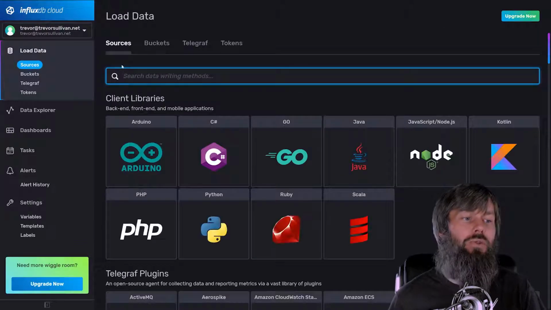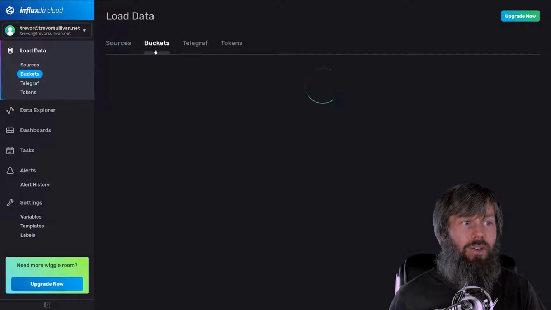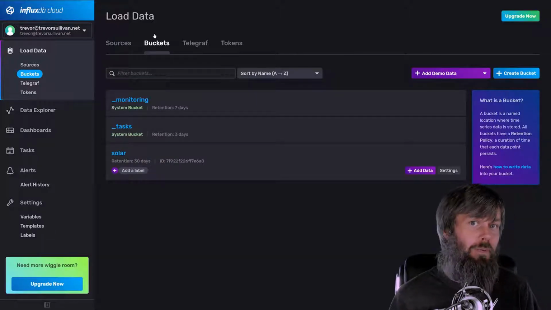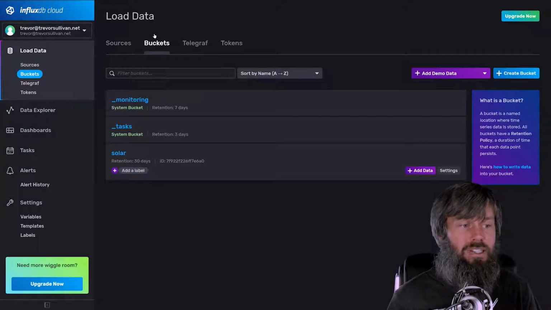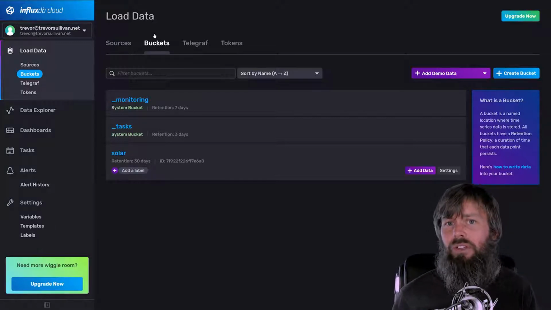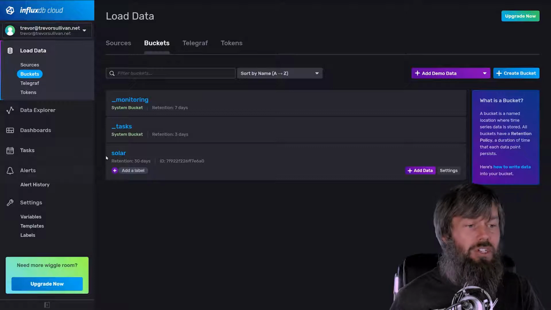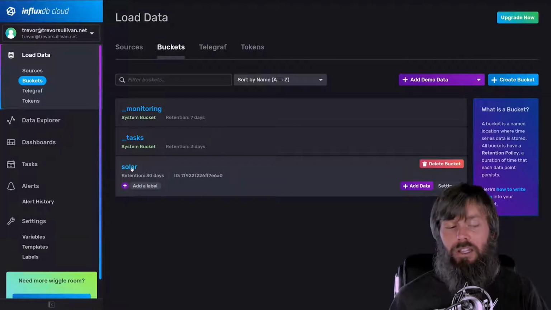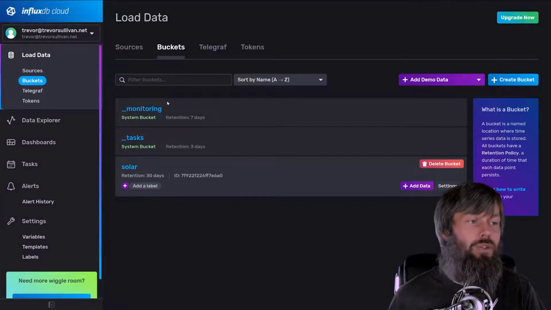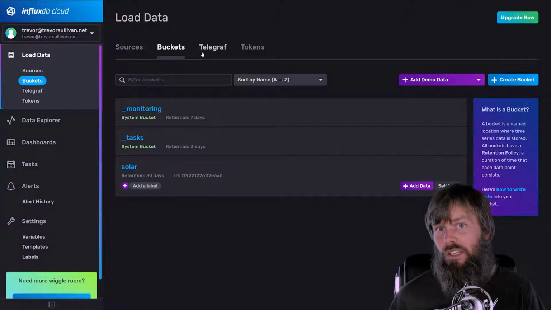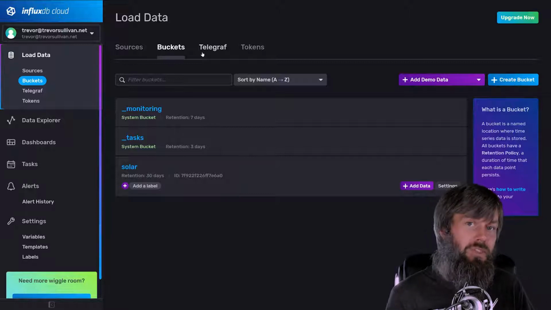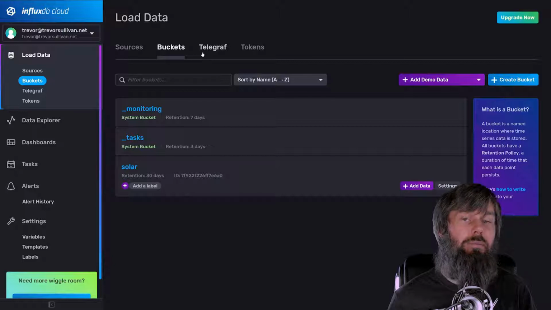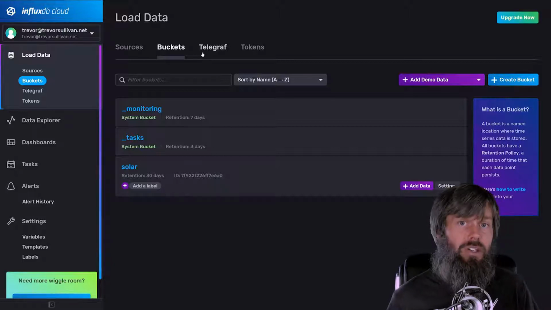So if we head over to the sources section here and take a look at buckets, if you remember from the previous video, buckets are the most fundamental concept for storing data inside of InfluxDB. You can kind of think of it like partitioning data. So what you'll want to do is come in and create a bucket similar to what I've already done here, where I've created a bucket called Solar, where I used to store Solar metrics. And if you're wondering why I say used to, it's because I've actually moved to using the open source version of InfluxDB that I can run locally on my network and store the data there instead of in the managed